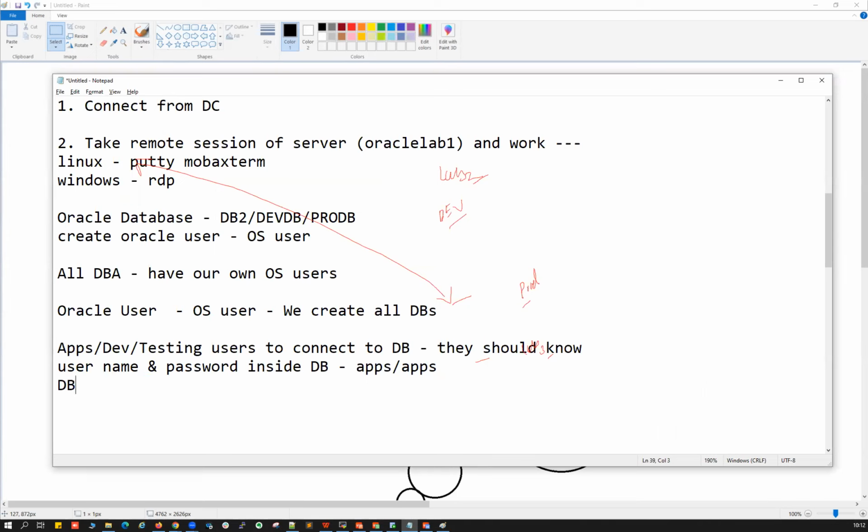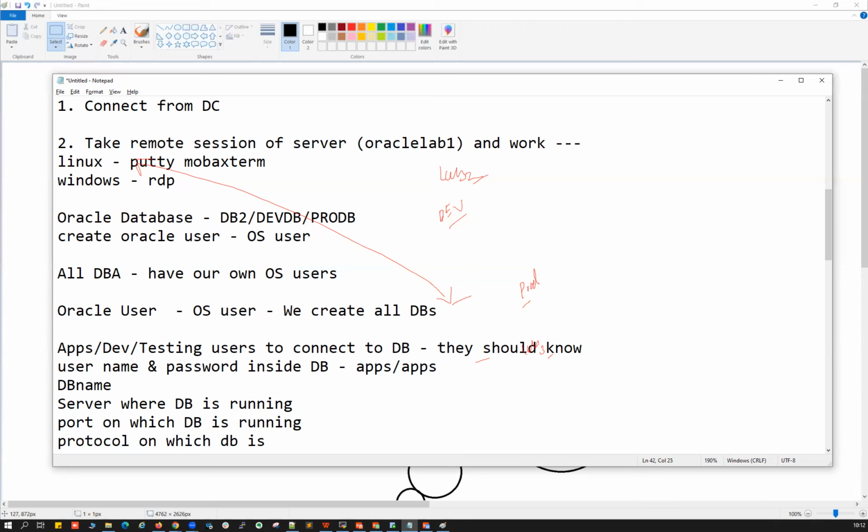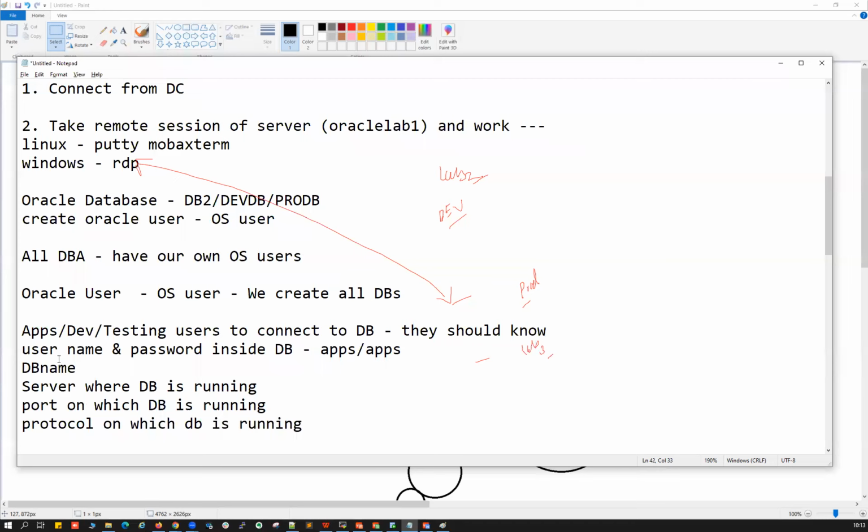And they should know the DB name, and they should know the server where DB is running, and the port and the protocol on which DB is running or listening. You can say running or listening. So these are the things your developer should have in order to connect.